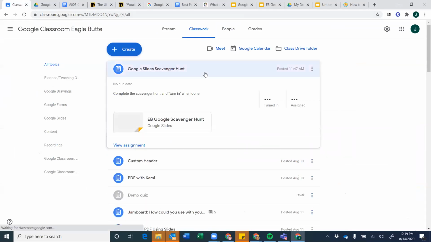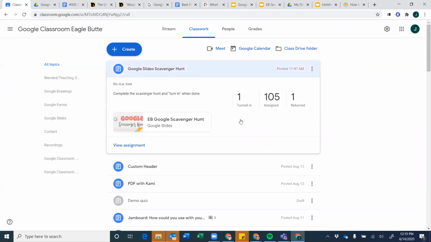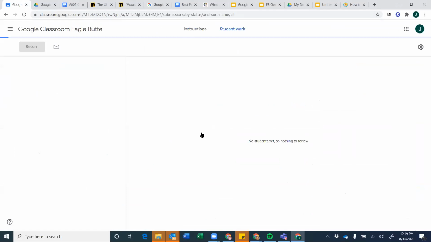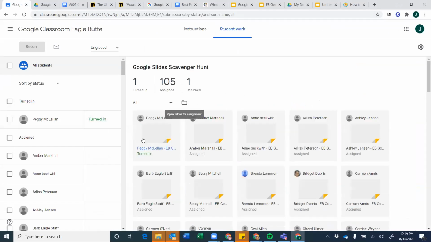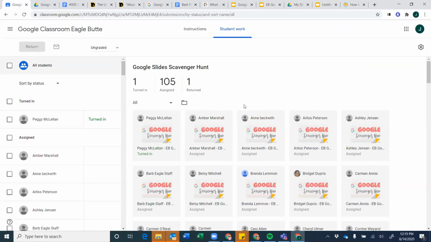And when I click on it, I see that I have one turned in, it's been assigned to 105 people, and one is returned. I'm going to click on View Assignment. And then it pops me up and I can see all of the people that are assigned. The really fun thing to me here is I can actually click in and view each of your slides